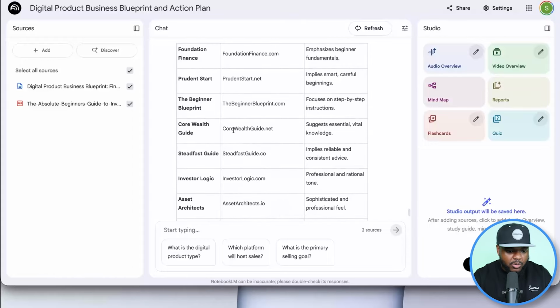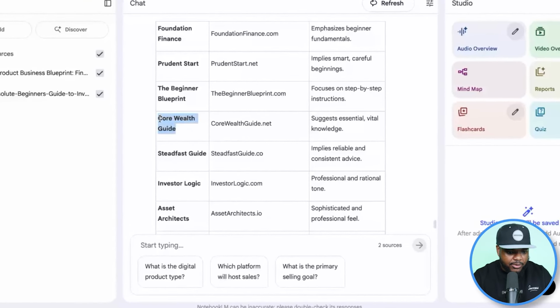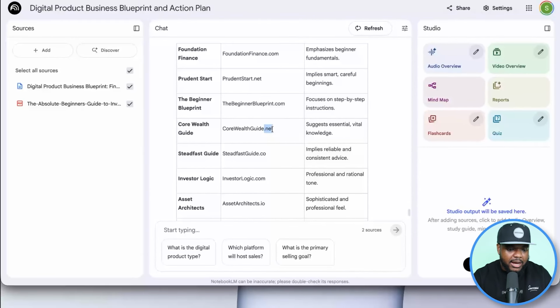So the one that I'm going to go with is this brand name over here, Core Wealth Guide, but I'm not going to use .net. I'm going to use either .com or .store. This is what I'd recommend that you do anyway. So I'm just going to come over here and let it know exactly which one I've picked. I'm just going to copy that and say .store and then click on next so that we move on to